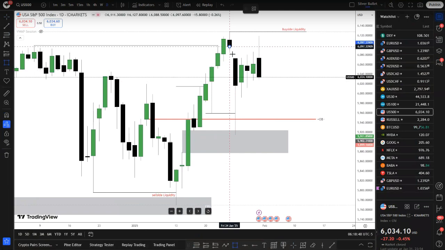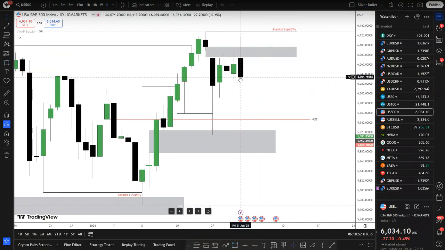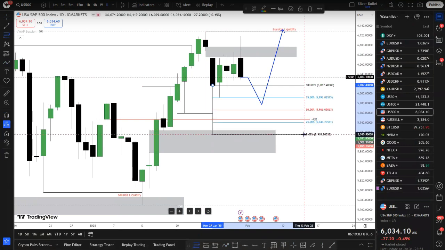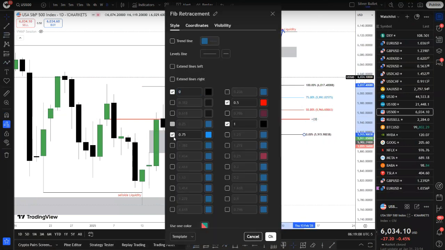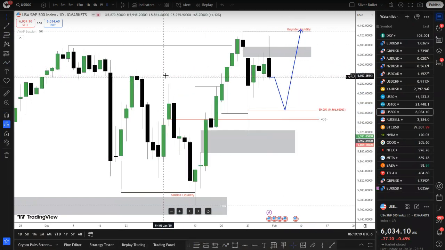Within this volume imbalance, I want to see price pushing above it and use it as an inversion to the upside. So which means on this week, I want to see an opening price here. I want to see price manipulate to the downside on this week here, at least maybe to the consequent encroachment of this week, aka 50% of this week over here. Let's remove all these tools that we don't need yet, so we have a bit of a cleaner chart. I want to see price pushing down to the 50% of this week before it pushes higher to the upside. That's going to be my idea today, guys, on S&P 500.